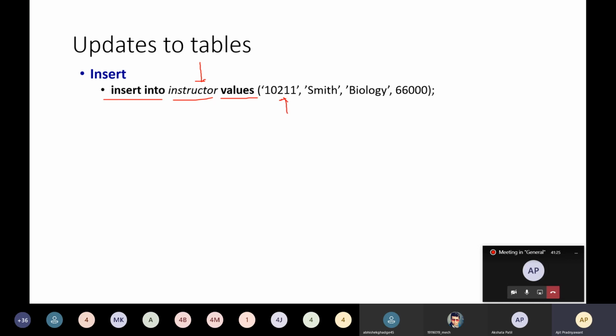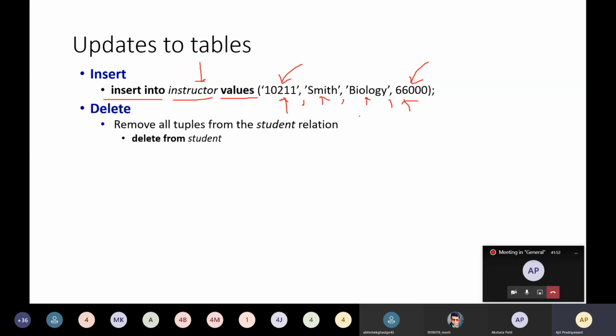This is your first column value, second column value, third column value, and this is your fourth column value. If you have the varchar data type or a string, you have to mention it in single quotes, and for an integer, just mention the number. Don't keep it in single quotes. All the elements are separated by commas. So this is the way to insert the data.